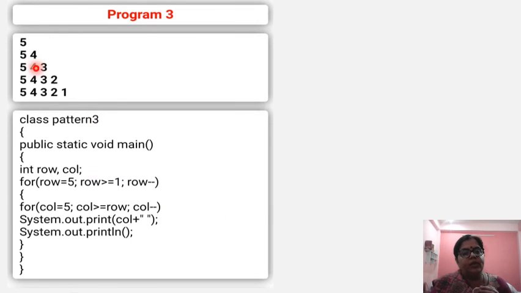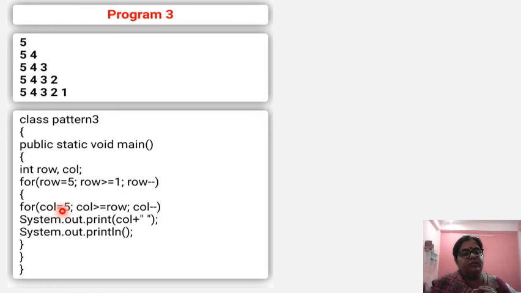Now, students, we will see that here row is also decreasing, 5 4 3 2 1, and your outer loop is also decreasing and the inner loop is also decreasing. It means in this pattern there will be a decreasing order in both. So first, see, row has been assigned 5 and it will work till 1.